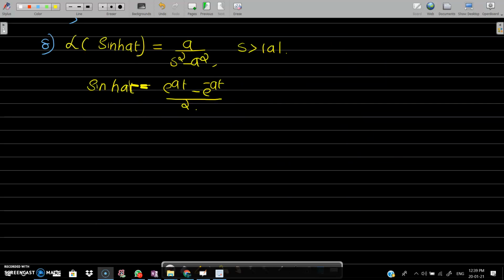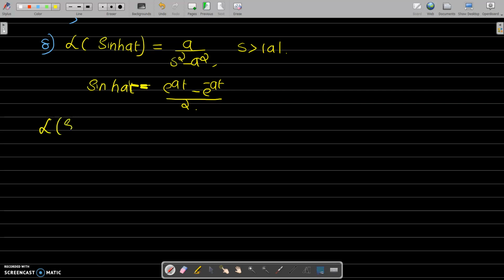So Laplace transform of sinh at is equal to a divided by s square minus a square, where s is greater than mod a. This we have to prove. Sinh at is actually e raised to at minus e raised to minus at divided by 2. So Laplace transform of sinh at is equal to integral from 0 to infinity e raised to minus st into sinh at dt,